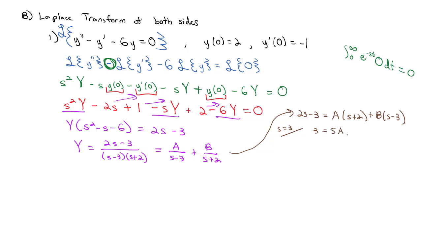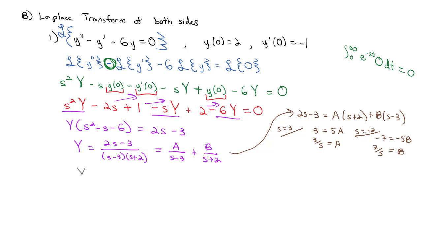So A is equal to 3/5. And if we let s equal -2, we have -4 minus 3 is -7 equals -5B. So B is equal to 7/5,